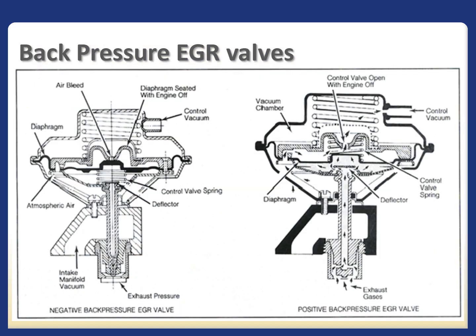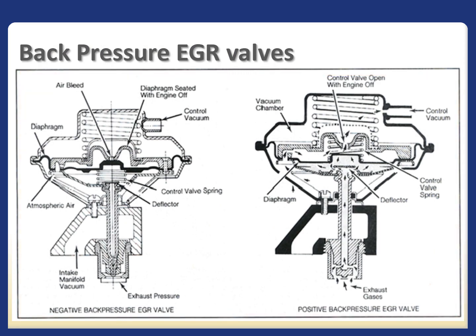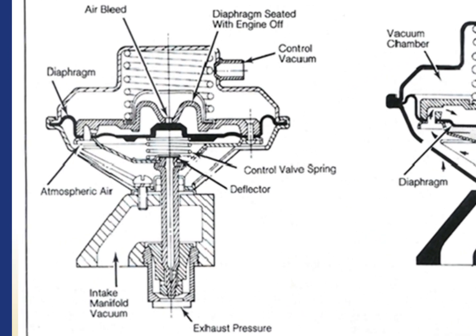There are two types of EGR valves that rely on back pressure for operation: negative back pressure and positive back pressure. Both types of valves have a vacuum bleed inside the valve itself. The amount of back pressure determines whether the bleed is open or closed. In a negative back pressure system, the valve is opened by a combination of applied engine vacuum to the control valve and negative exhaust system pulses. These reduced back pressure pulses occur when each exhaust valve closes.